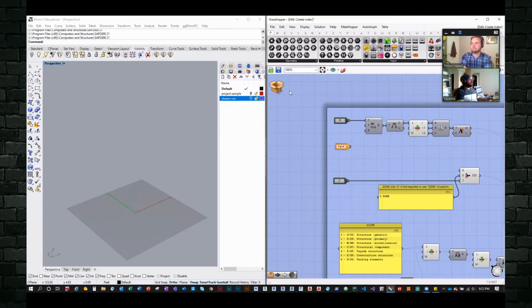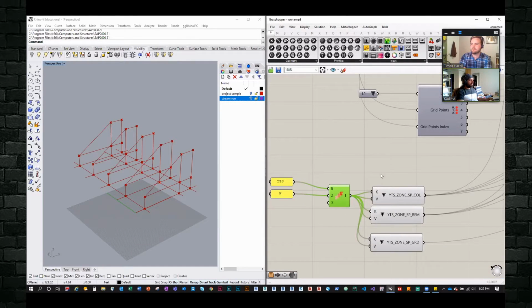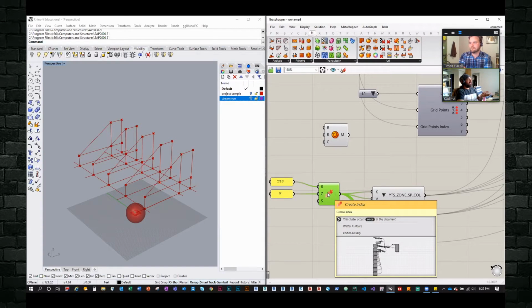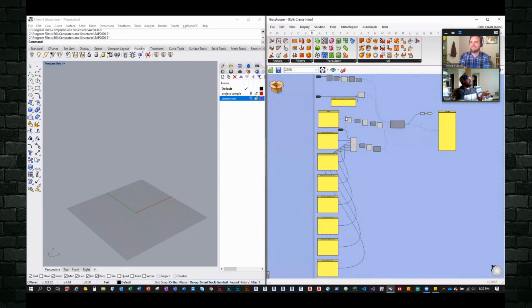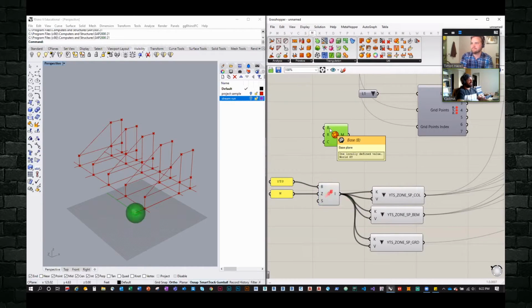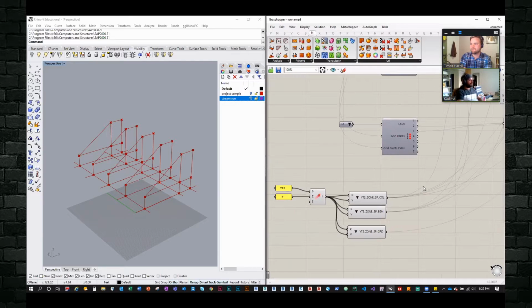So if we go back here, any node has a preview on it. I just wasn't sure how you got it from Grasshopper. You see where it says base, parentheses B? Base is the name, the B is the nickname, and the item below it is the description. So this looks like a native Grasshopper node or a scripted node, but it's really just a bunch of native Grasshopper nodes clustered to make them look like that. It saves me a lot of time and space instead of having to go through all of this.